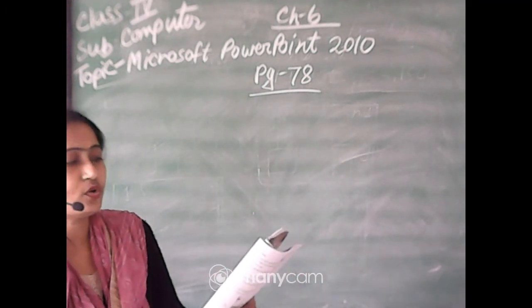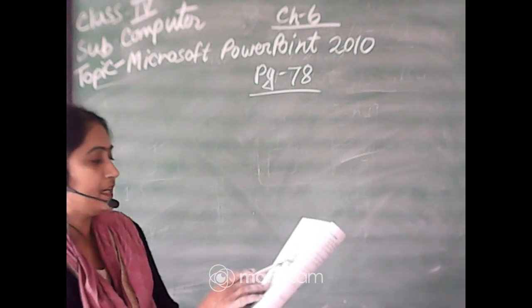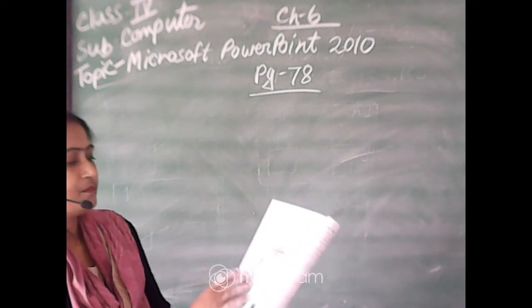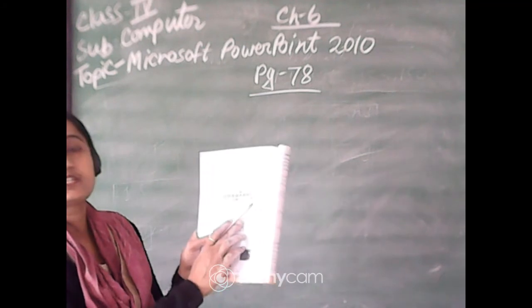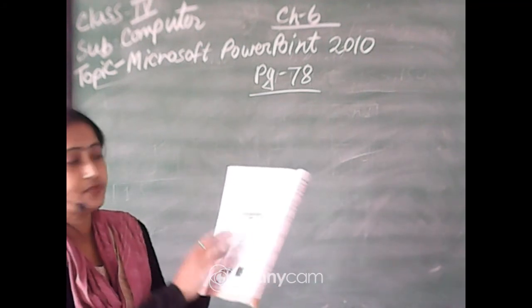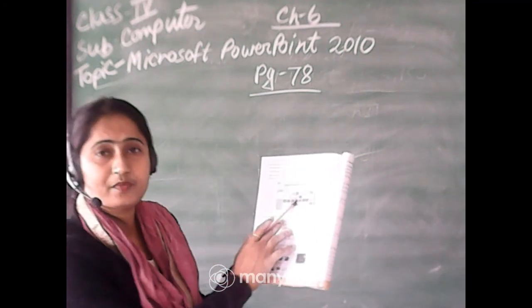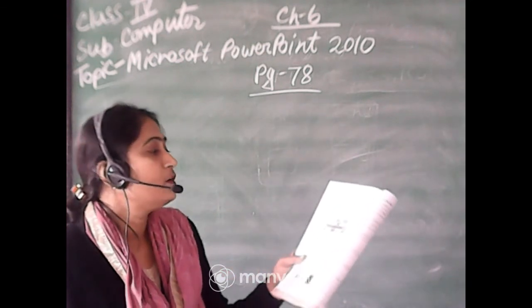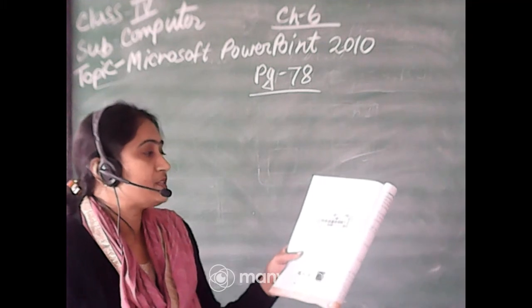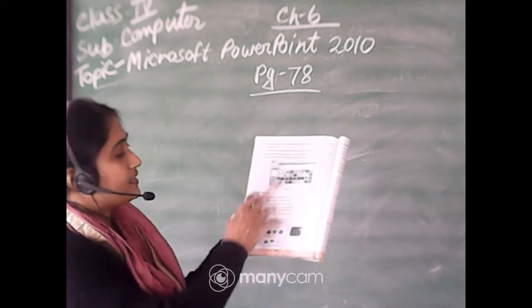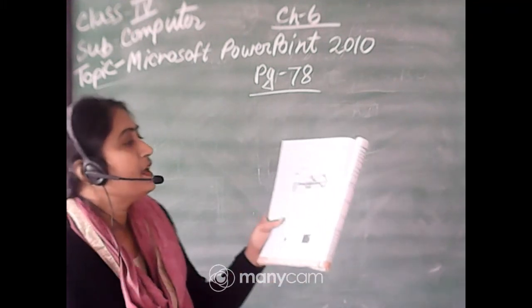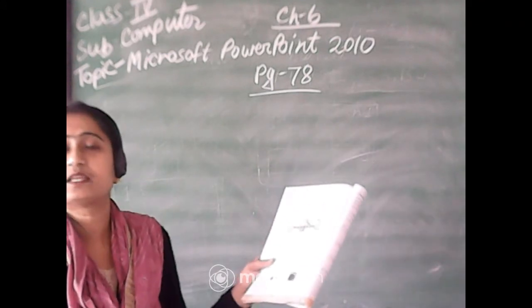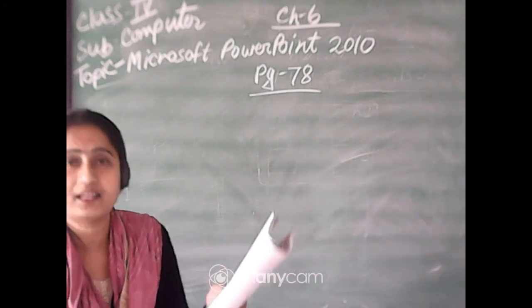If you want more themes, you can click on the more button. There is a more button over here. Just click on more. If you require more themes, you can select from here. This will open the themes gallery. The theme gallery is open. From the theme gallery, you can choose your desired theme.